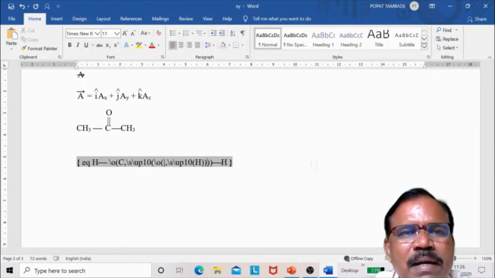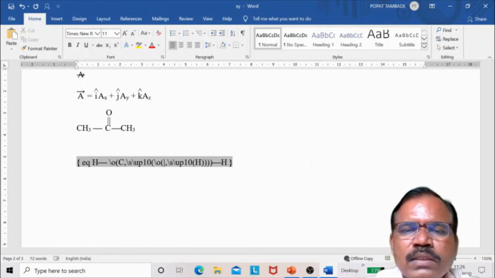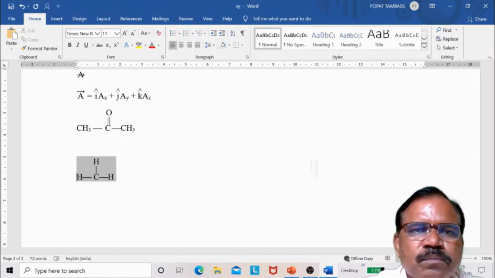In the first backslash O, how many opening brackets are there? 4. So closing brackets must be 4. So Control Shift F9. This one.